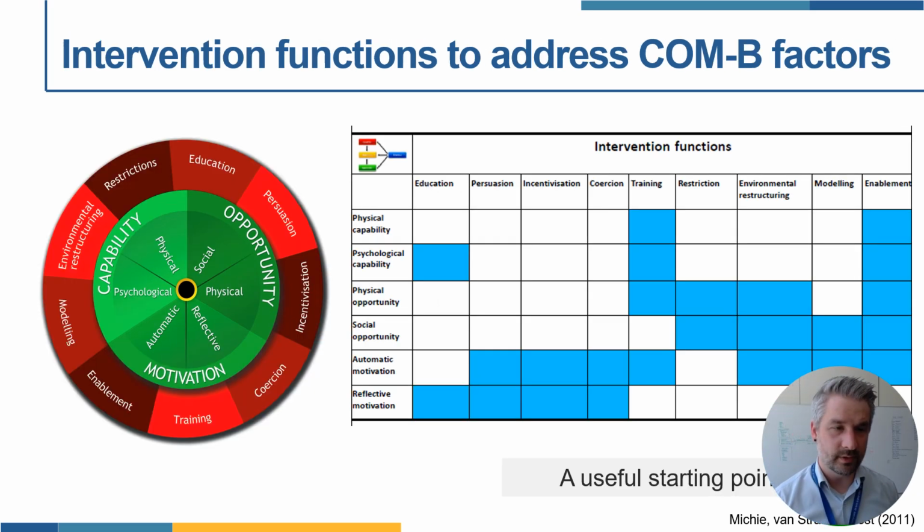And this is the foundation for the behavior change wheel. What the behavior change wheel also identifies neatly is a set of implementation or intervention functions, otherwise high-level categories of implementation strategies that could be used to address different types of capability, opportunity, and motivation. That's clarified in the behavior change wheel publications. Again, a useful starting point: if you're interested in psychological capability, focus on education and training and not so much on persuasion or coercion, clearly.